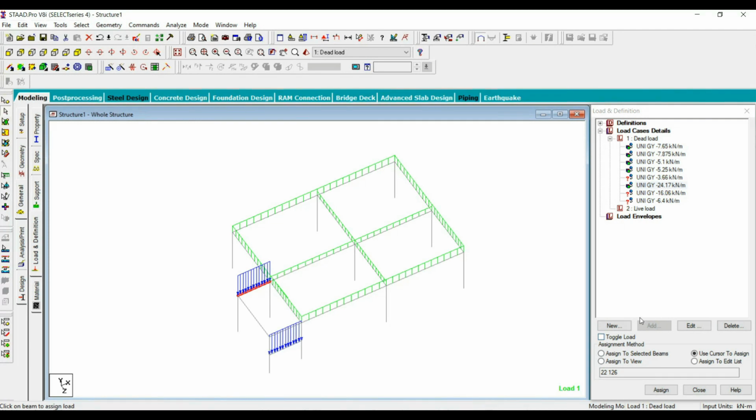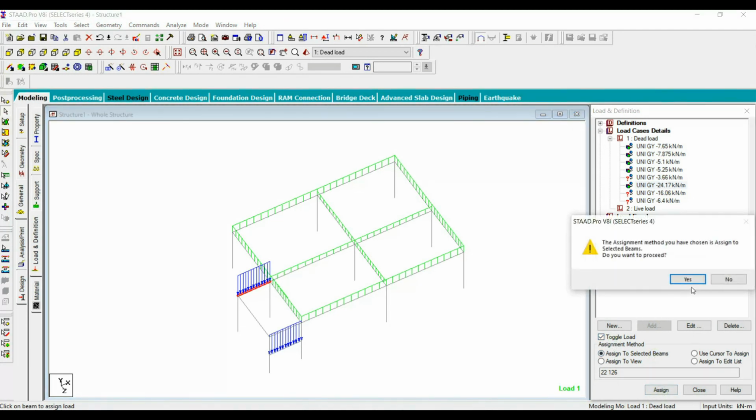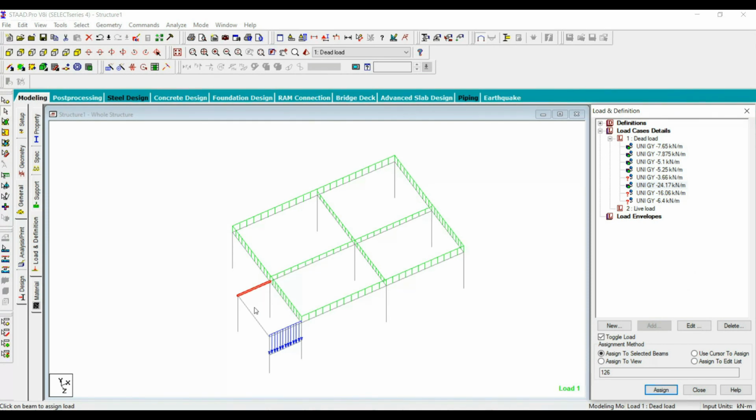Select this beam, go to here, toggle load and then assign to selected beams. That means that load will get removed. So at roof level we need to assign, and don't forget to uncheck this toggle load again. Here we need to assign the staircase load as 16.06 at roof level.